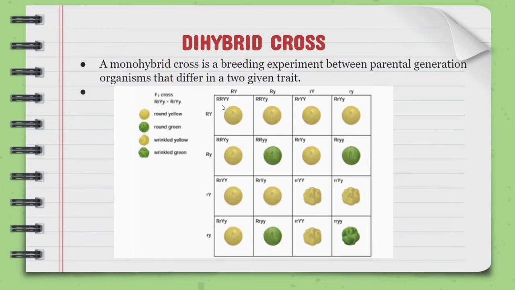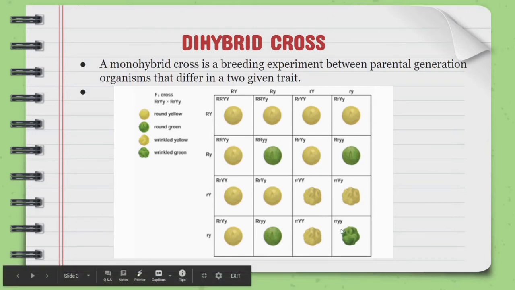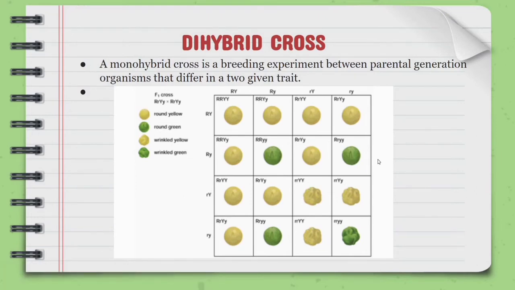One parent is capital R, capital R, capital Y, capital Y, and the other parent that you take initially will be small r, small r, small y, small y. We cross them and get the first generation, and all of them will be capital R, small r, capital Y, small y. The first offspring will be heterozygous, expressing the character of the dominant parent.